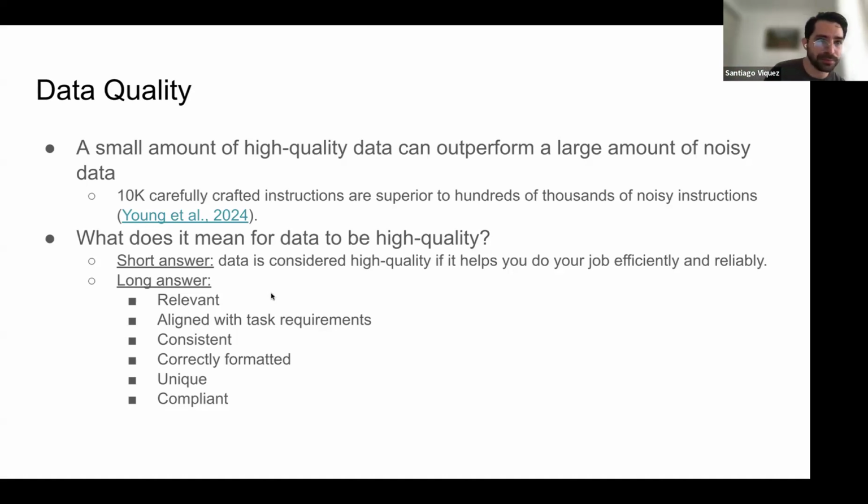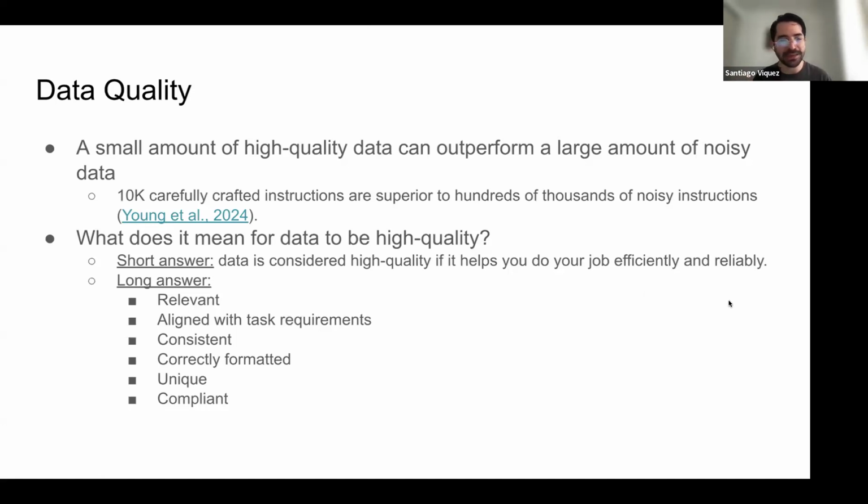So almost everybody understands what data quality means, but what exactly does it mean that the data is high quality? The short and simple answer is the data is considered high quality if it helps you do your job efficiently and reliably.